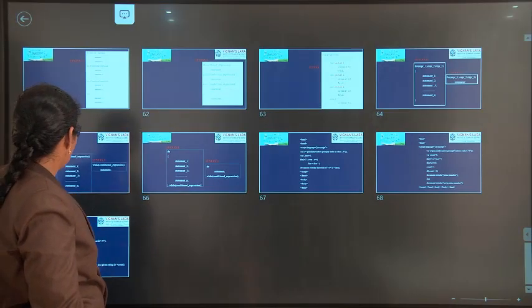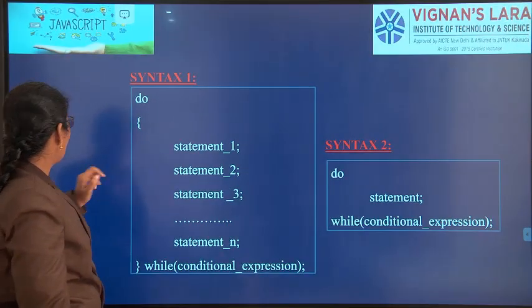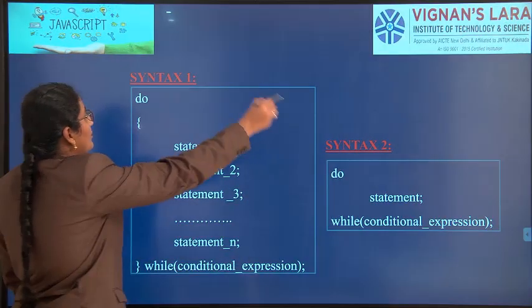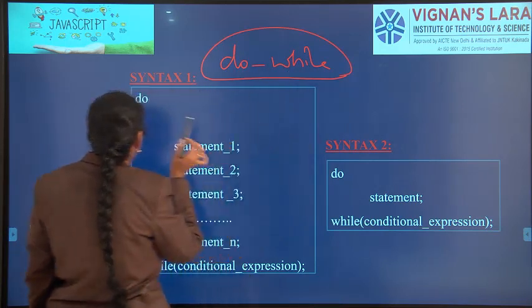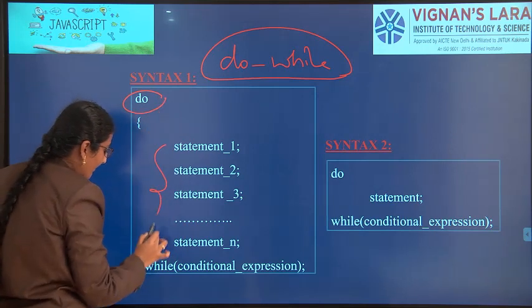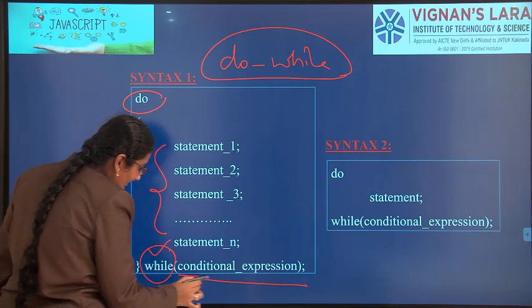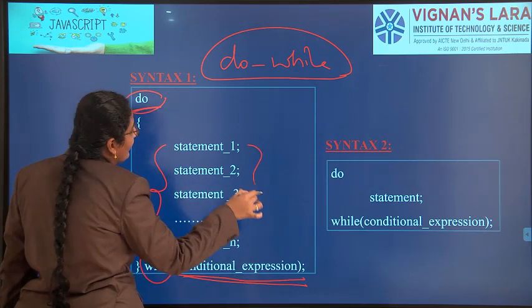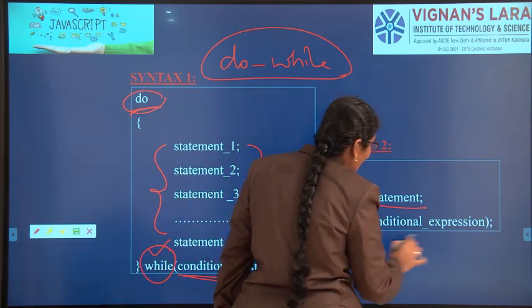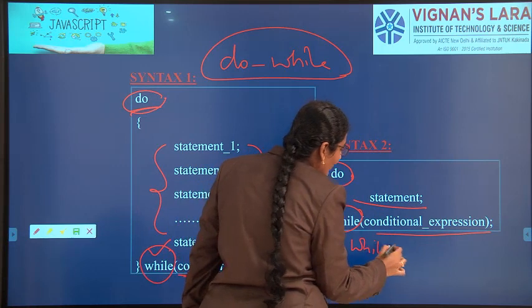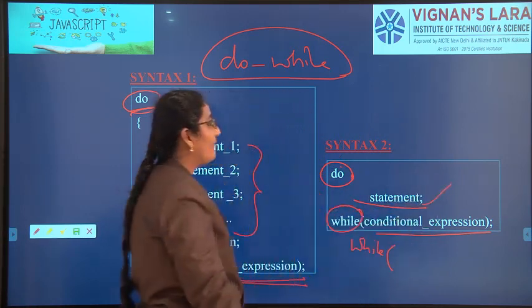And finally, do while. Do while loop. Do statements, while condition. While you are checking this condition or expression, do this statement, perform that statement.